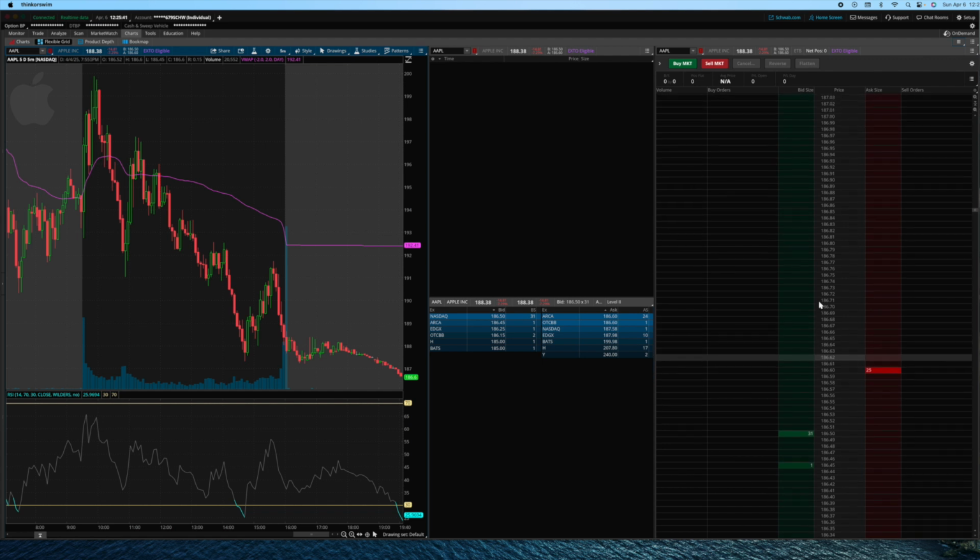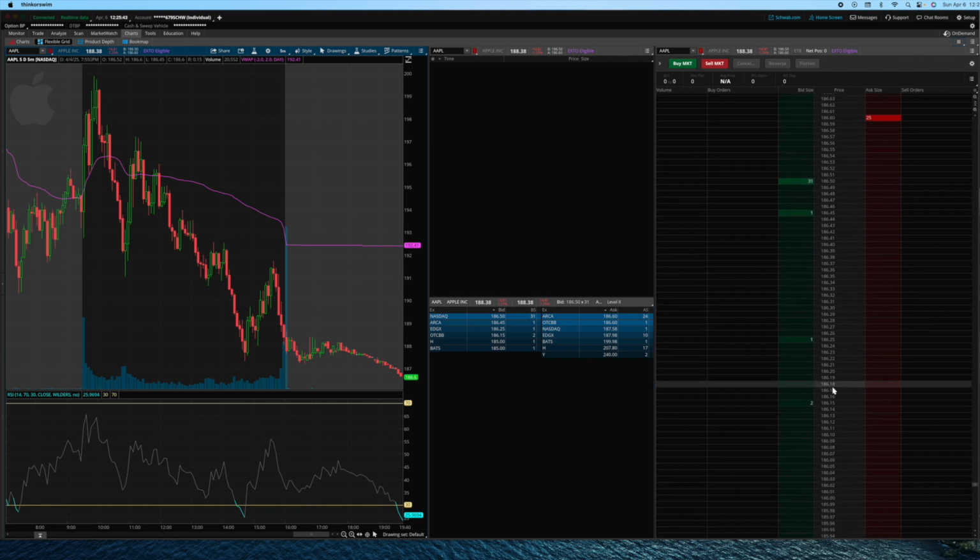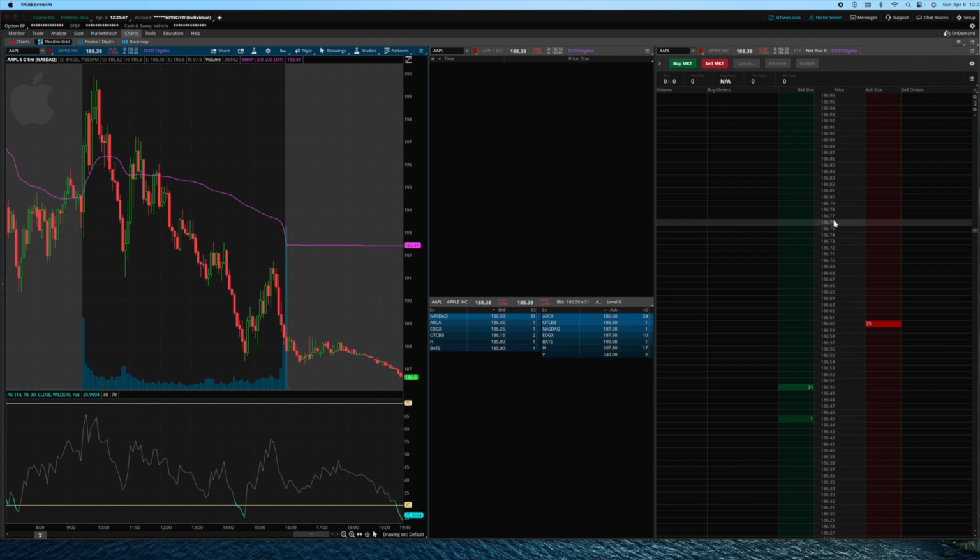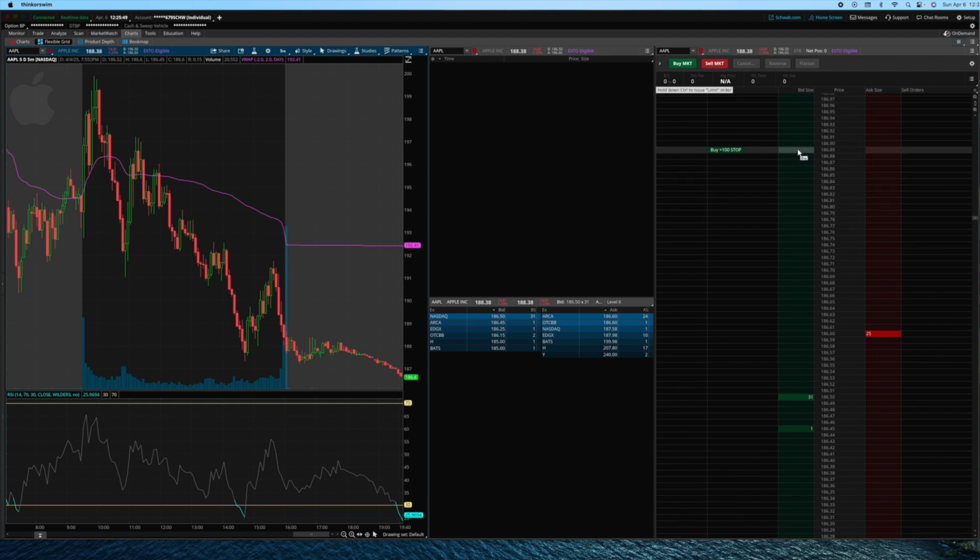Essentially what this is here, if we scroll through, we can see all of the different prices above and below the current market price. This is going to allow us to simply click on any price to enter or exit out of a trade at that specific price. Essentially, it's going to allow us to place a limit order at that price to buy or to sell, which in my opinion is better than most other trading platforms,